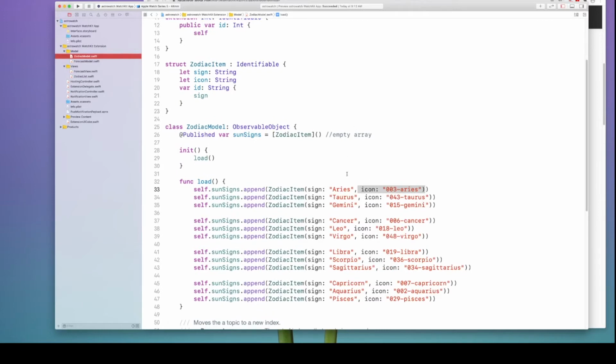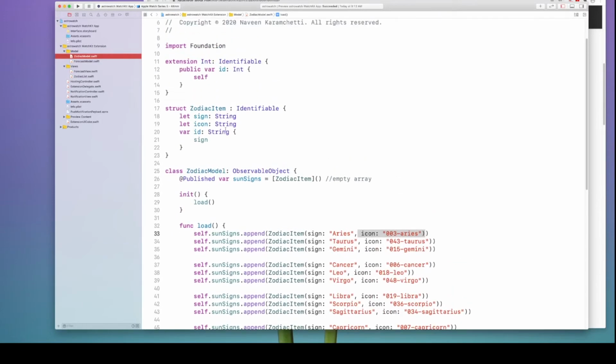The way I'm doing this is I'm creating an item called zodiac item, which is inheriting from identifiable, which is an extension of an int. As you can see here, there's an extension, and I'm creating this self object here. The reason is I'm declaring this ID here, which means that this sign, whatever is coming here, would be uniquely identifying this zodiac item. That's what this means.